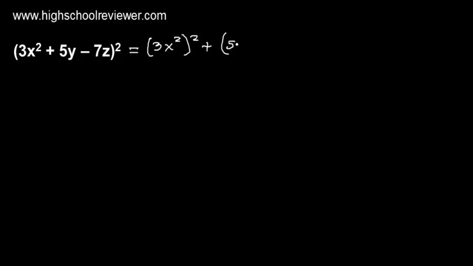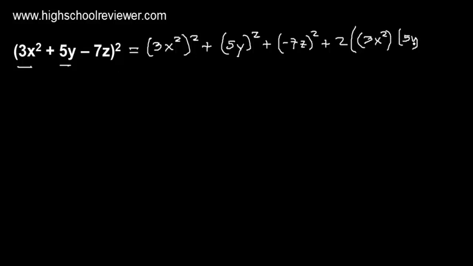We have positive 5y raised to the power of 2 plus our third term. We have negative 7z raised to the power of 2 plus 2 multiplied by the product of our first and second term. So this will be 3x squared multiplied by positive 5y